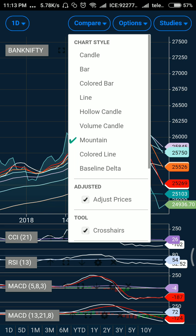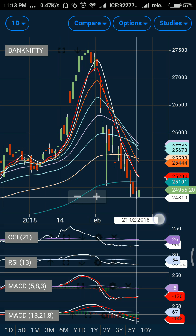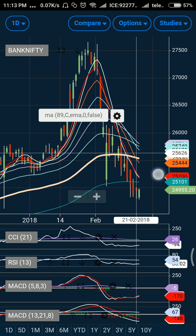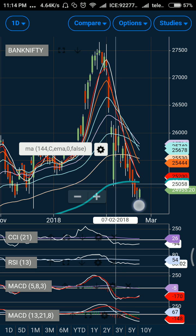You can also see the candles, the four candle, which is around 24,830, has been acting as a good sort of support, and finally the buying came in and the indices were able to close on a higher side, but the momentum is still on the downside. Maybe the immediate momentum may be on the side of a bounce, but again 25,100